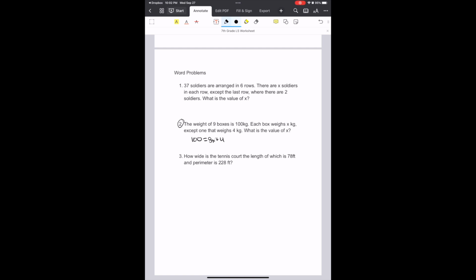So what you're going to want to do is subtract 4 from both sides, and you get 96 is equal to 8x. Then divide both sides by 8, and as we all know, 96 divided by 8 is equal to 12. So x is equal to 12. So that means each box